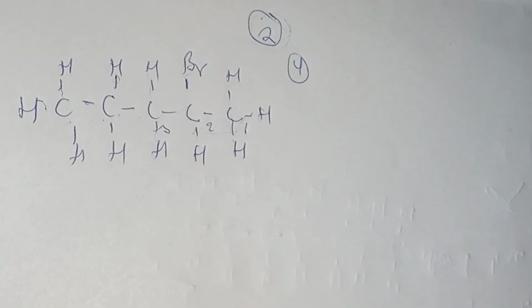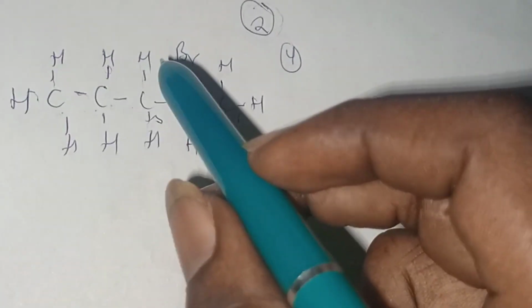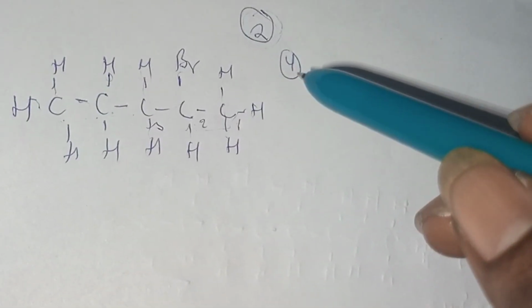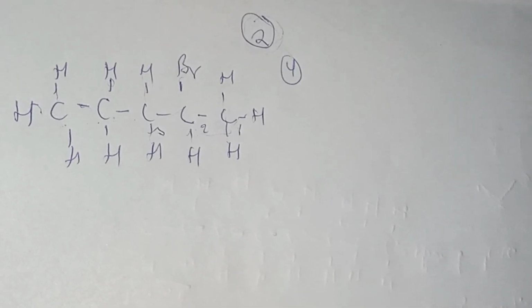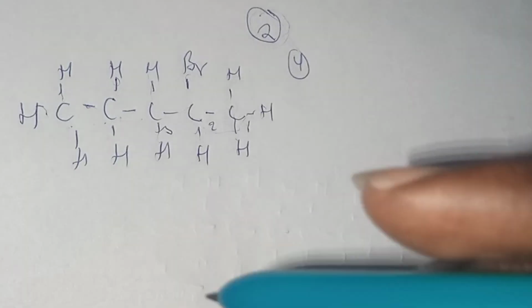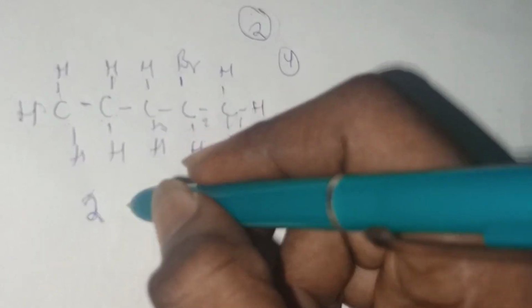The reason why we take the least position for the substituent is to offer more stability to the compound, because if it is on a higher carbon, it's going to make the molecule less stable. So now that we know that our bromine is on the second carbon, we number that position. So that's going to be 2